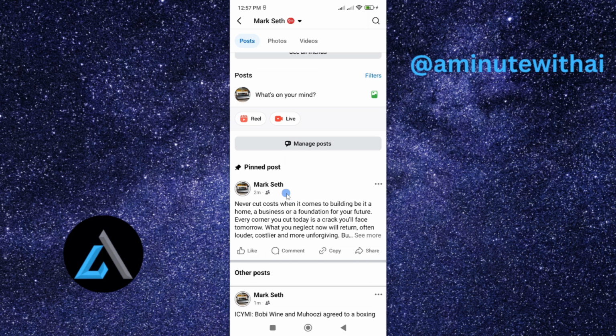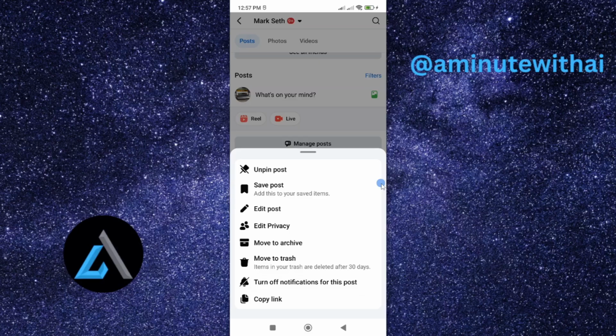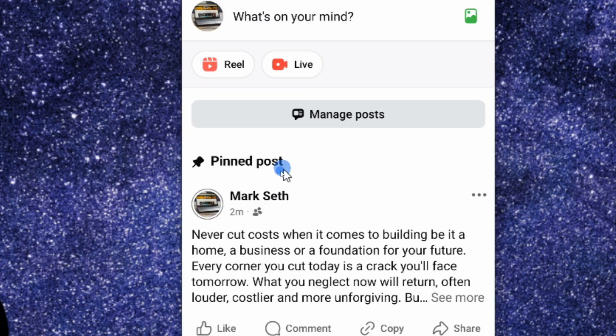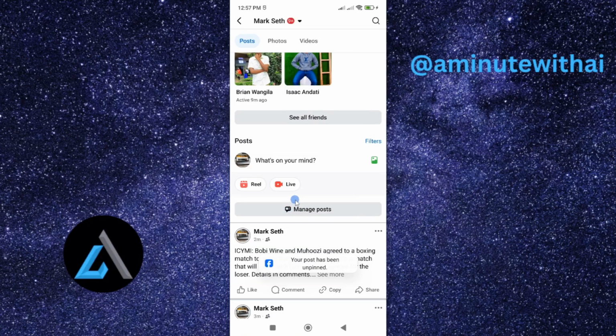So to unpin this post, it is simple. Just go over to these three dots here and then tap on them. And under this, you'll see we have this option called unpin post. If you go ahead and tap on it, now the pin will be removed, and as you can see, the